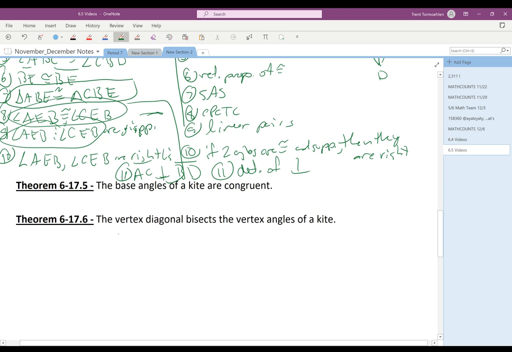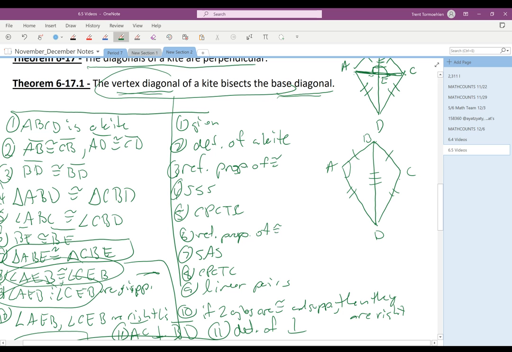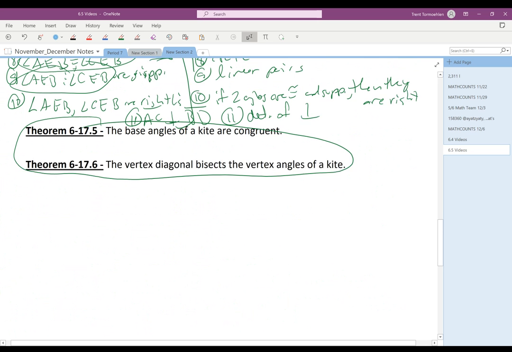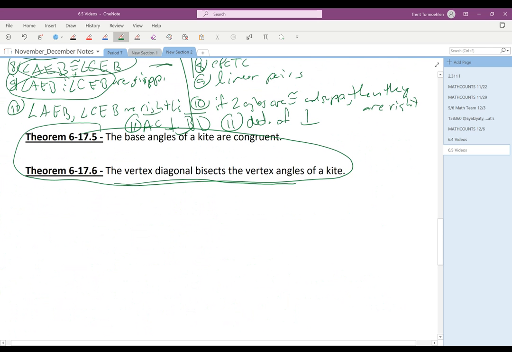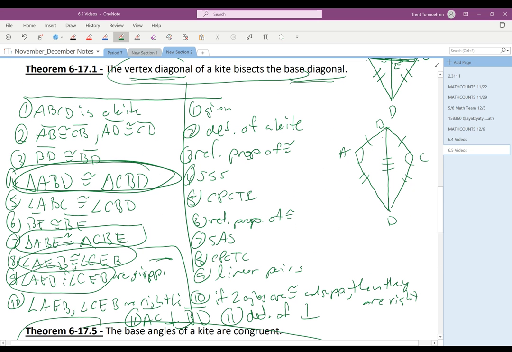We also have these two theorems. The base angles of a kite are congruent. We're going to call these two angles, A and C, the base angles, because they are where the base meets, and it does turn out those are always congruent. The proof of that goes back to this step: we showed that ABD is congruent to CBD, thus A must be congruent to C by CPCTC. And then the last one is that the vertex diagonal bisects the vertex angles of the kite. And so that means that these two angles are going to